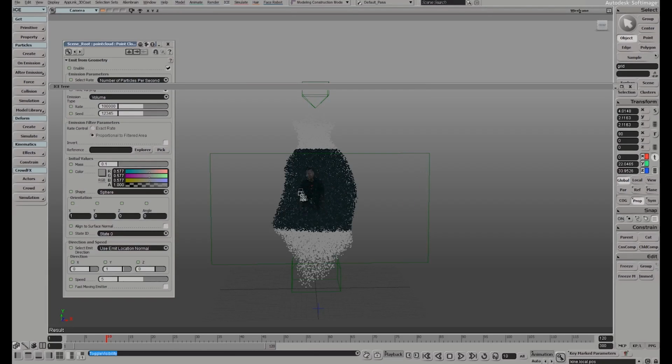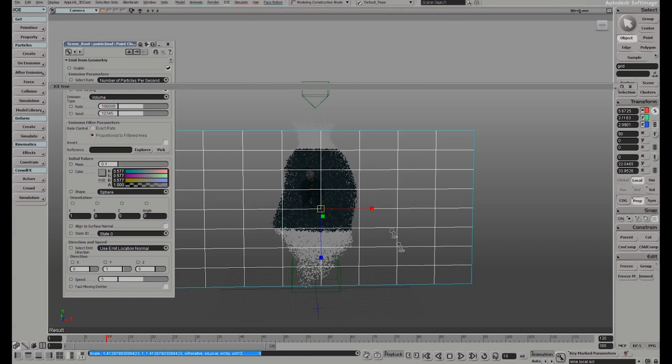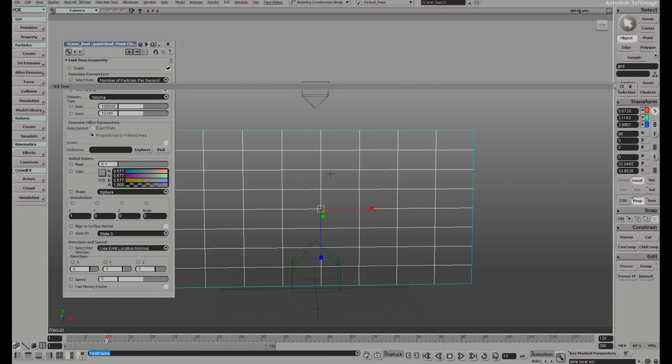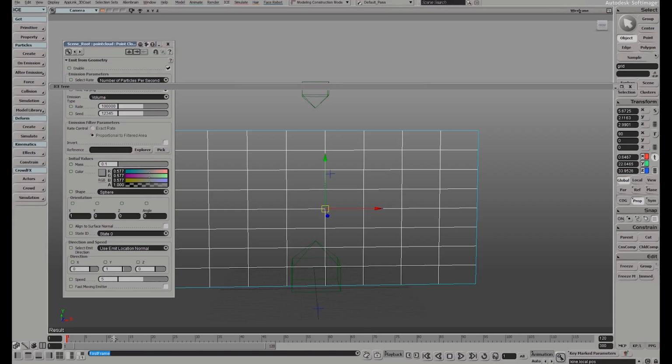So there he is. You can see him being projected right there through the wireframe. And if I resize this, now I have to go back because it has to simulate again. See his image? Isn't that cool? So again,